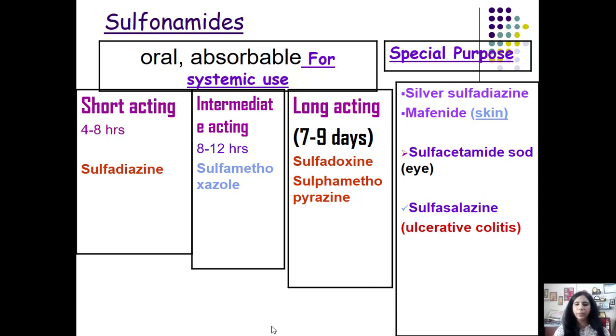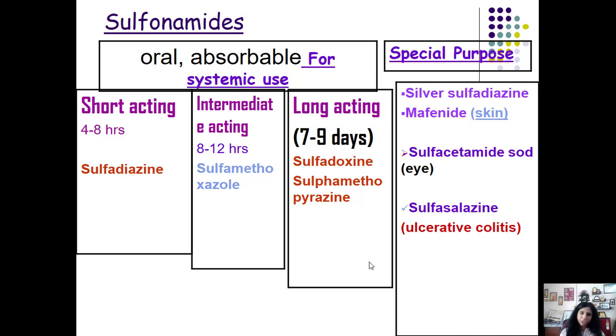Yes, this sulfasalazine. We have read about sulfadiazine. We are yet to read about sulfamethoxazole in my next session. We have read about sulfadoxine used for the treatment of malaria, sulfadiazine for the treatment of toxoplasmosis and nocardiosis. And we have read about the preventive role of silver sulfadiazine and mafenide for prevention of infection on the burnt skin, sulfacetamide sodium for bacterial conjunctivitis and for chlamydia and for inclusion conjunctivitis in children especially, and sulfasalazine. This drug was missed, students.